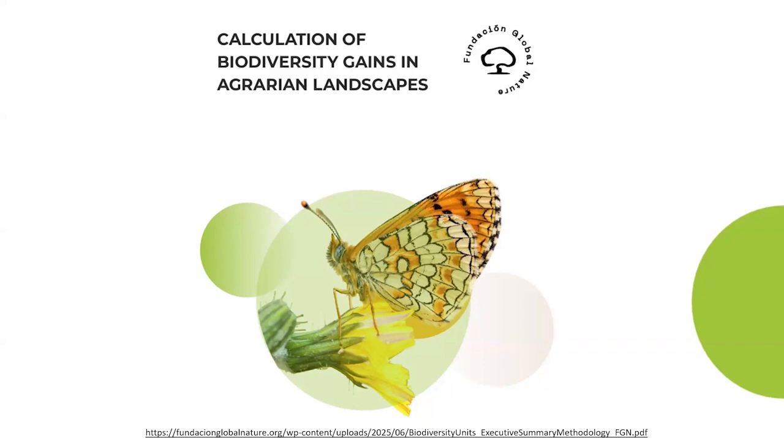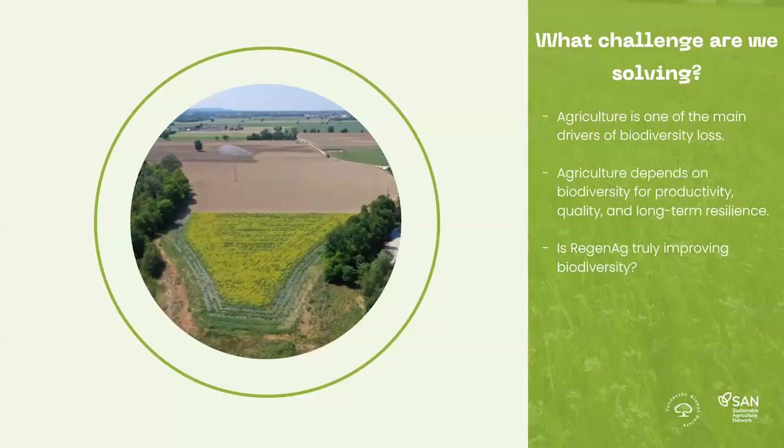Although I said that other methodologies aren't suited from our point of view to agrarian ecosystems, let's be clear, those methodologies might be excellent for coral reefs, forests, pastures, other types of ecosystems, jungles, in which we have less human presence and we are not subject to those dynamic circumstances of agriculture. But in agrarian ecosystems, we needed something different, and that is why we created this, and we want to share it with you, together with the case studies that we'll comment on later. And now I will start.